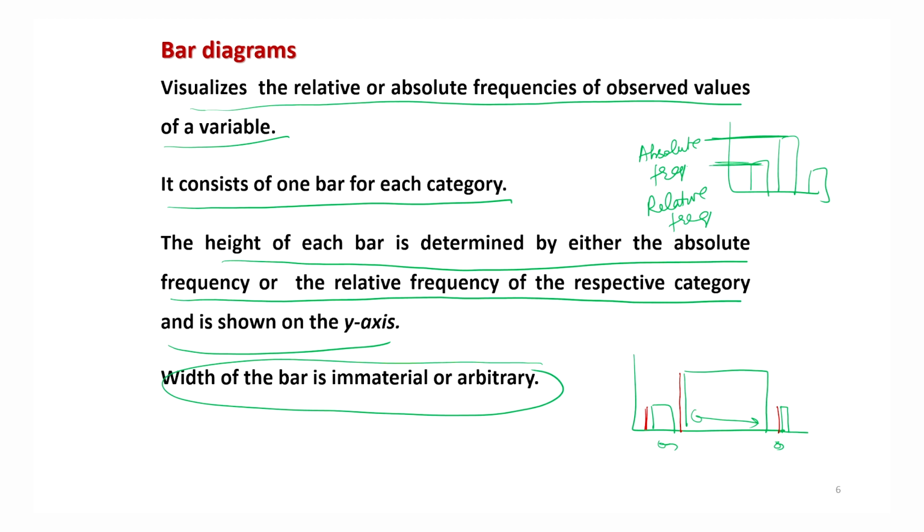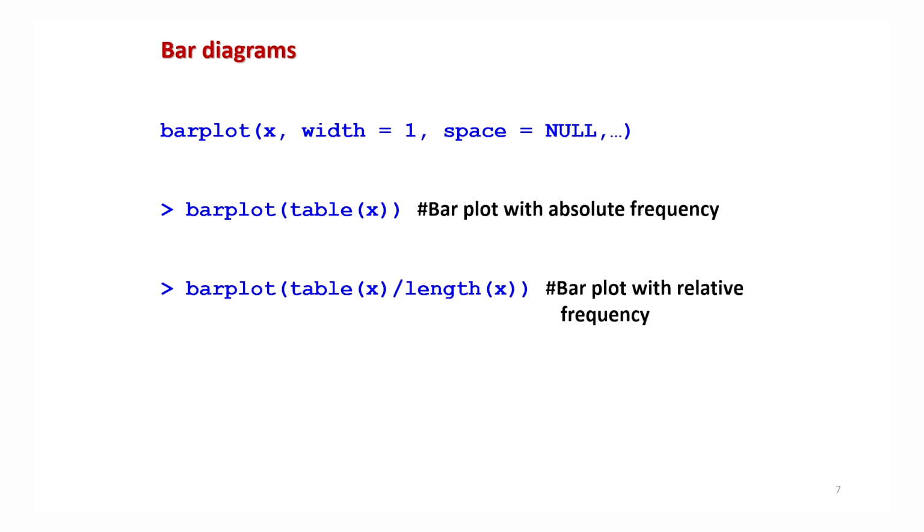Well, don't get confused with the histogram. Histogram has a different concept, but at the moment I am talking only of the bar diagram. You can see that when all the bars are joined together, it looks like a histogram, but a histogram is basically for continuous data, whereas bar diagrams are created only for discrete data. Discrete data means categorical data. When I explain the histogram, I will explain that there the width is important, but in a bar diagram width is not important.